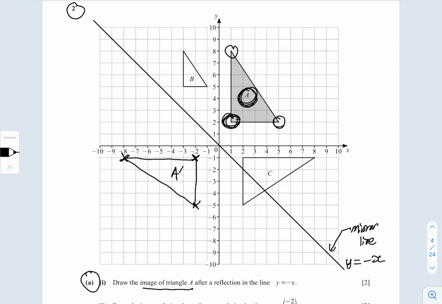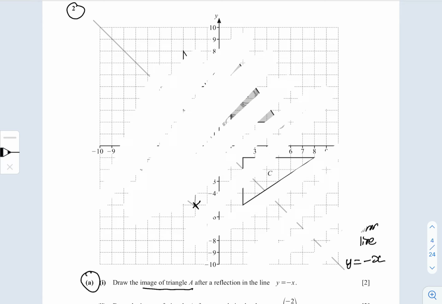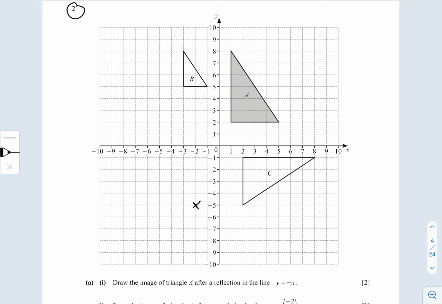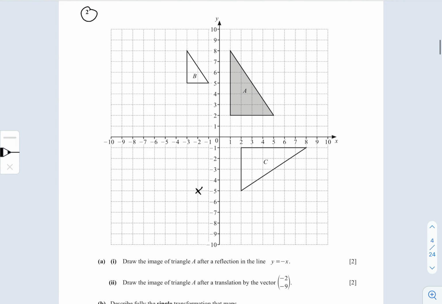Now let's look at question 2a part 2. So let's clear this drawing. Now we have 2a part 2. So 2a part 2 mentions to draw the image of triangle A after a translation by a vector of -2, -9. So -2 represents a shift in the x-axis, and -9 represents a shift in the y-axis